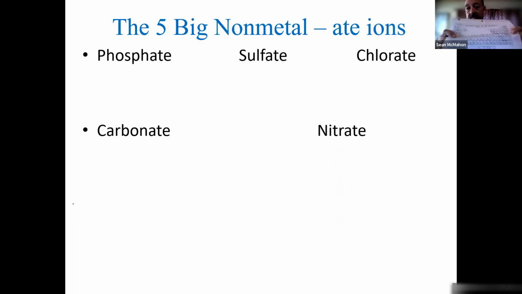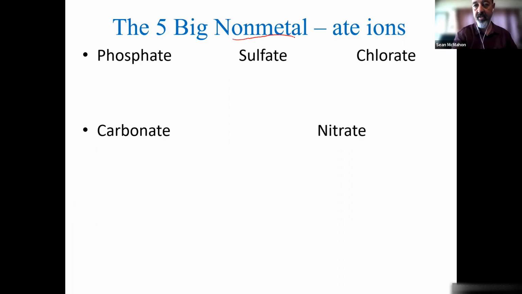Periodic table. Okay. I want you to get a periodic table out. Now, for non-metal -ates. So what do I mean by non-metal -ates? This trick only works on the right side of that staircase. So if the central atom, the non-metal, is on that right side of the staircase, it's an oxyanion, and this trick will work, okay? So typically when I have a non-metal -ate, or one of the 5 big -ates, I